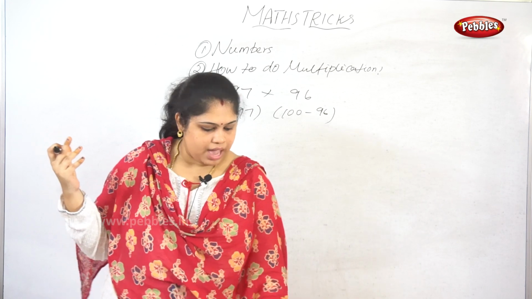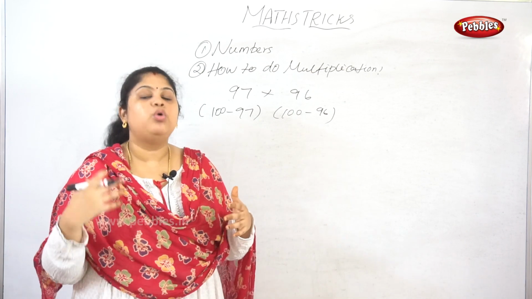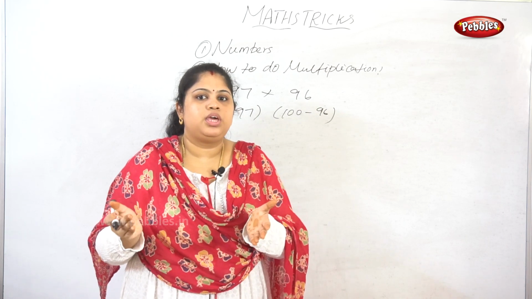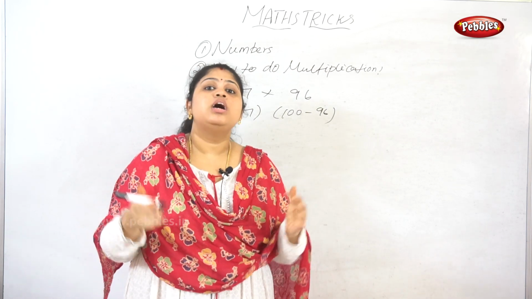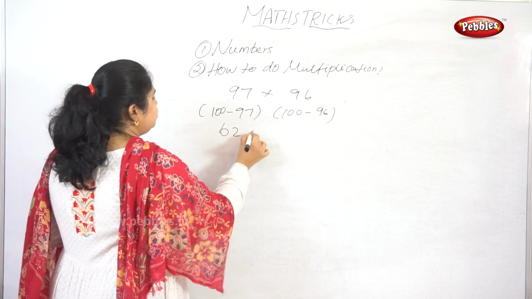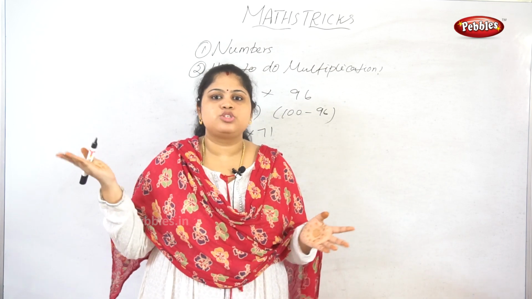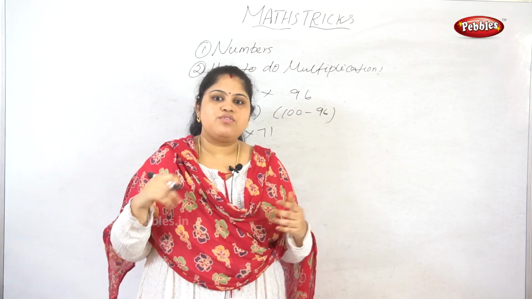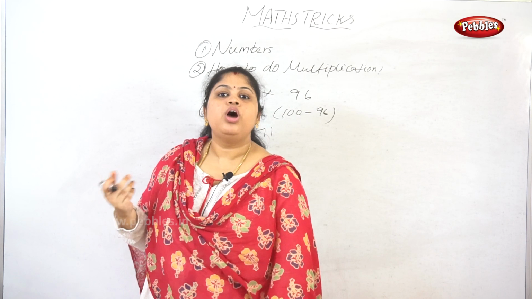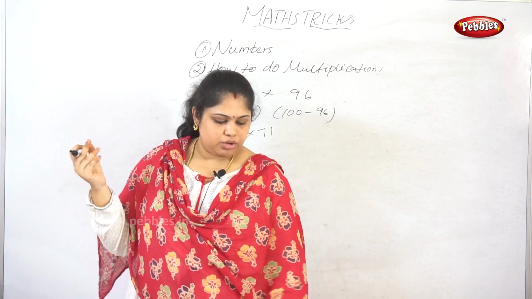Okay, and also we have seen different methods in multiplication. For example, we have seen 4-step multiplication and 3-step multiplication. It will surely avoid a number of procedures, because for example, if you take 62 into 71, the steps will be very long, at least 6 to 7 steps to get the answer. So we have seen how to find the answer very easily. And next we saw multiplication tricks for 3-digit and 2-digit numbers, which I have also taught in diagrammatic form.